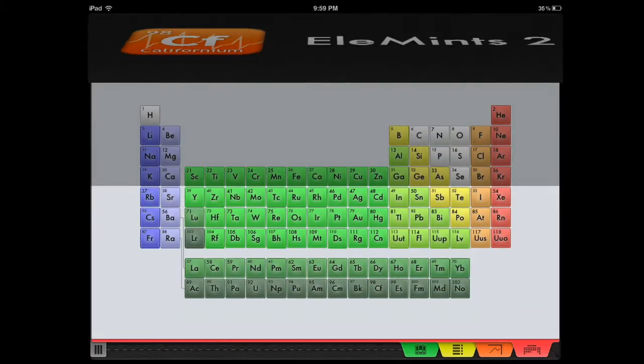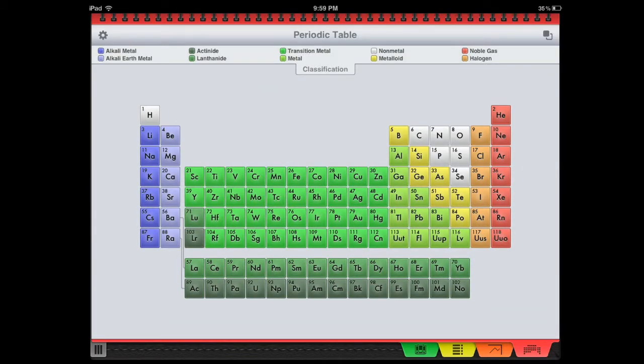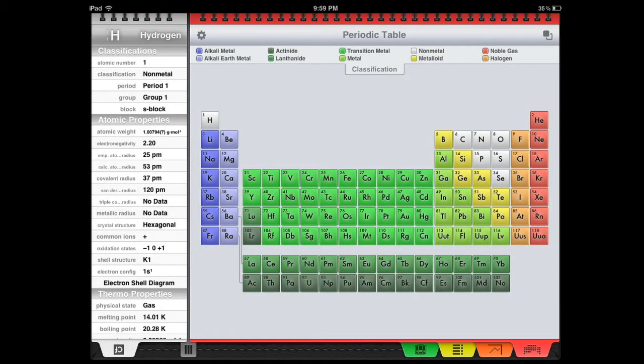So this is the second version. It's pretty simple. I mean, this is a periodic table. You have hydrogen, helium, lithium, things like that. So this is basic chemistry we're talking about here. But when you tap on an element, it actually shows you all the information that you need